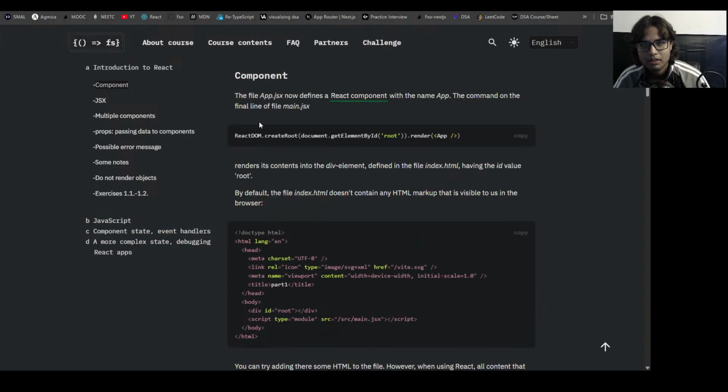Okay, yeah, component. The file App.jsx now defines a React component with the name App. The command on the final line of the file main.jsx